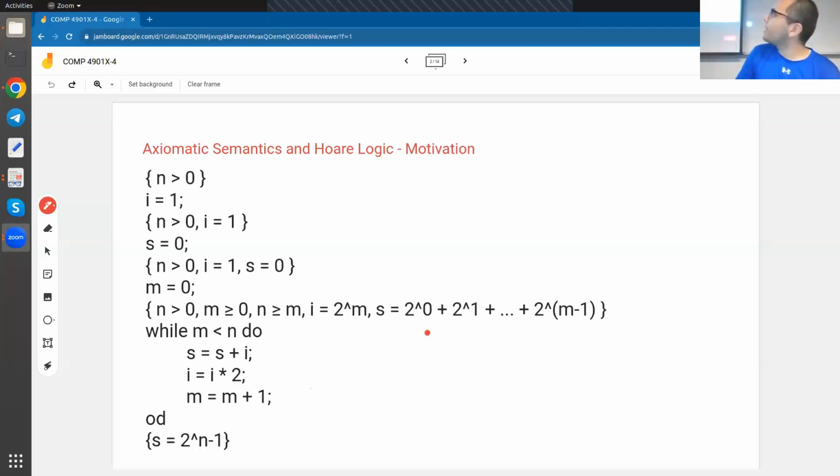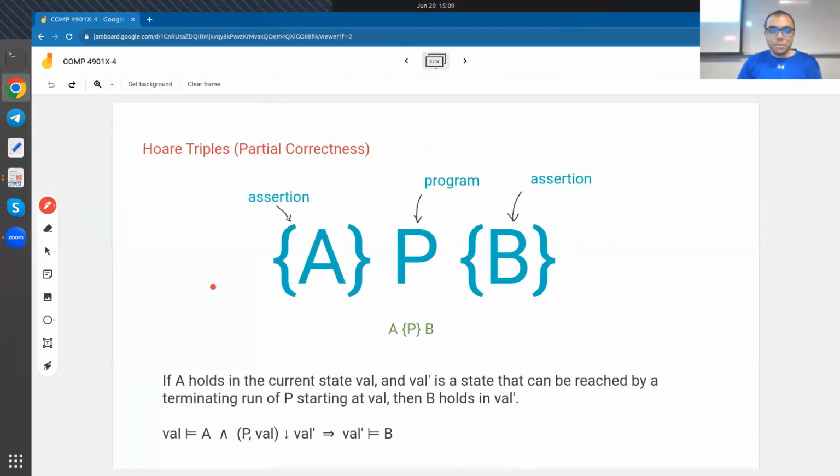Okay, let me share my screen again. Okay, so this is the kind of reasoning that we want to do next time. And the way we do it is actually by using what we call Hoare triples. And basically, these are triples that look like this. I have A, P, B, and A and B are basically some assertions, and P is a program,